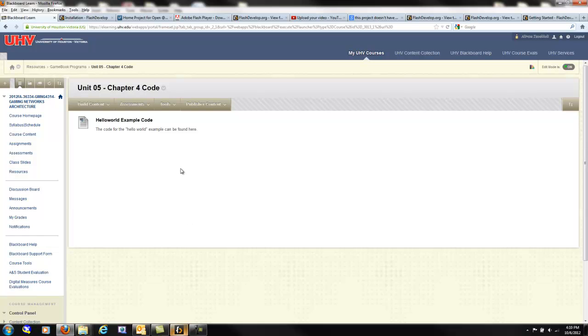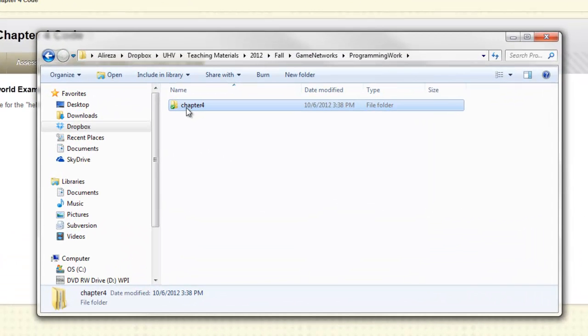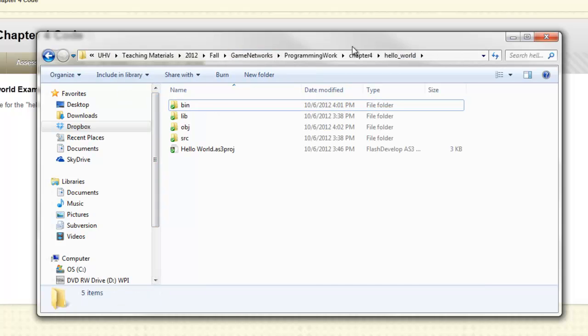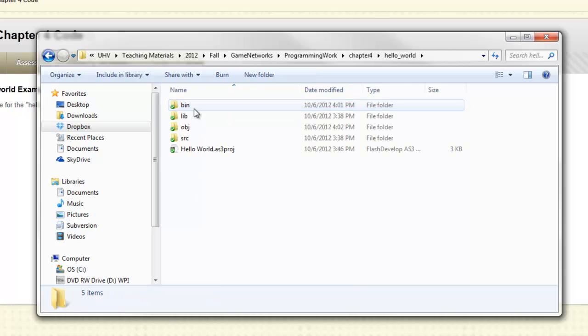So once your project is set up and copied to your destination folder, where you have the content of this class, you will be able to open it. So when you open the Hello World file, you would see essentially the Chapter 4 folder, which has the project Hello World in it. Now I have the finished product, and I will show you what this program does, and then